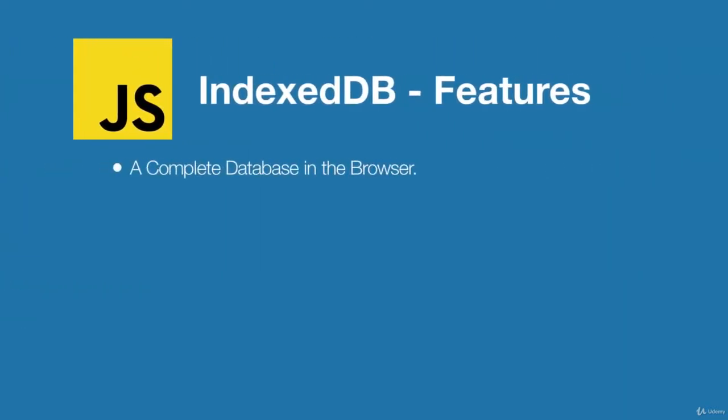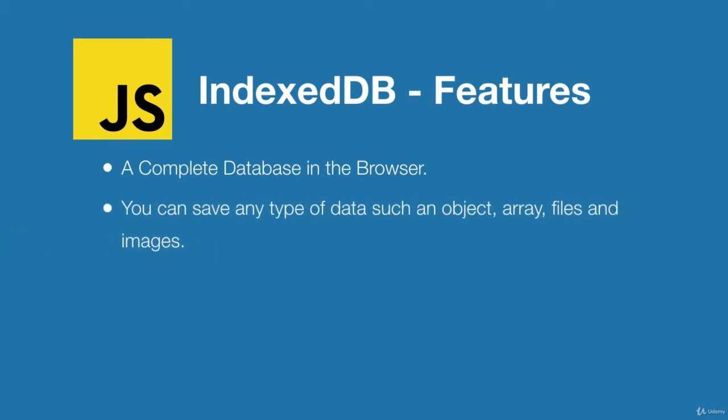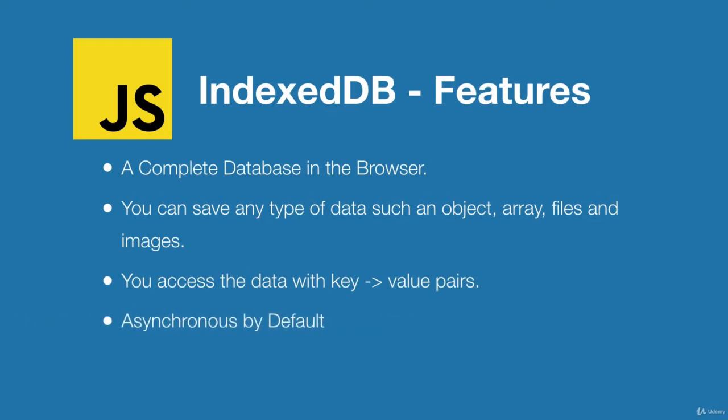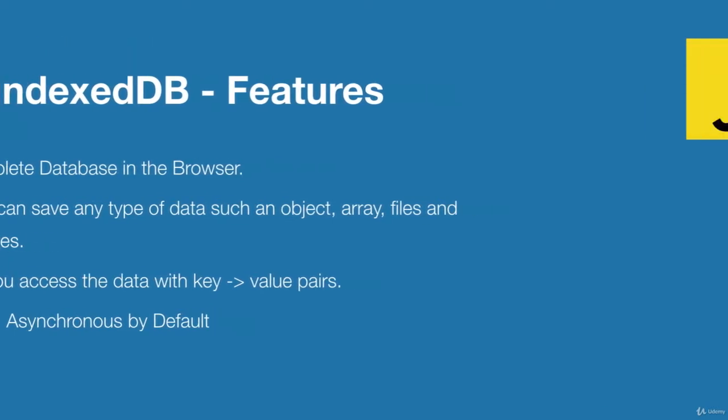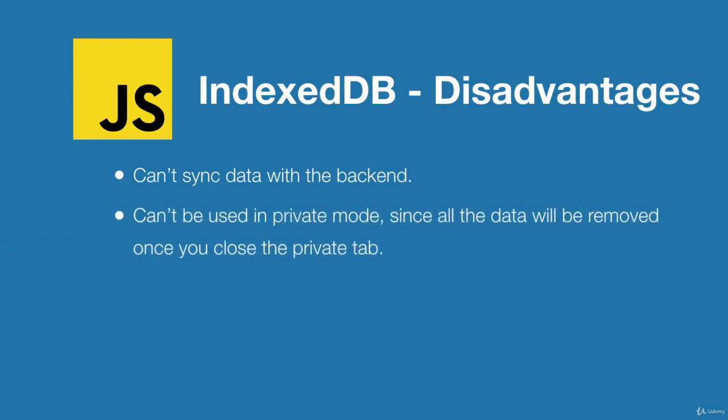So also, let's see one of the features. IndexedDB is a complete database in the browser. You can save any type of data, such as an object, an array, files, or images. And you can access the data with key value pairs, so it's really easy to access the data, and it's asynchronous by default. The disadvantage of using IndexedDB is that you cannot sync the data with the backend,